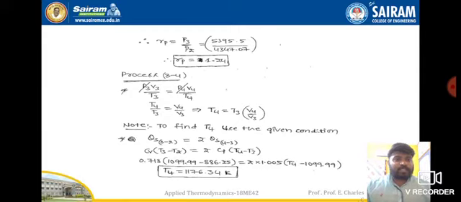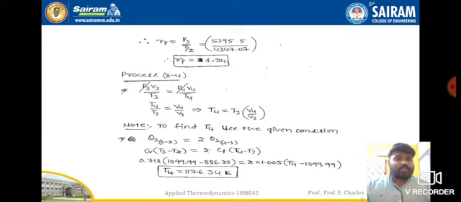But we need to take the condition here. We have to use the condition given in the problem at this point of time. To find T4, use the given condition. So how to find this T4? QS of 3 to 2 process is equal to twice that of QS of 4 to 3. That is the condition given. If you write it elaborately, CV into (T3 minus T2) is equal to 2 into CP into (T4 minus T3). All the values are known except this T4. If you substitute all the values, we will find T4, which is 1176.34 kelvins.